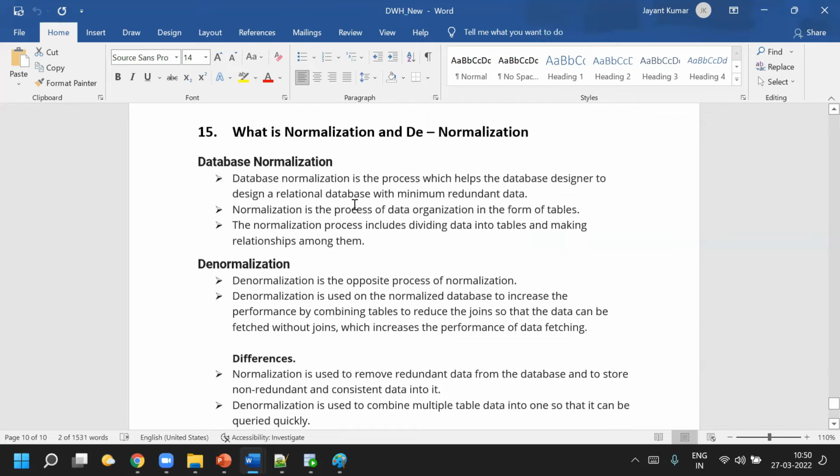So this is what we have. The next topic is what is normalization and denormalization. We should not go into normalization and denormalization in detail, because these are developer things. People will not ask you a question on it, but consider out of 100 interviews, one or two people may ask what is normalization and denormalization. So for the definition, you can say, database normalization is the process which